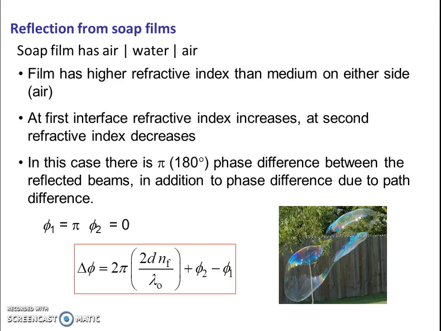So we can find out that clearly the phi 1, the phase due to the reflection from the first surface, will be pi, whereas the phi 2, the phase introduced due to the reflection from the second interface, will be 0 in this case. So we can include this in the final expression of the total phase difference, where d is the thickness